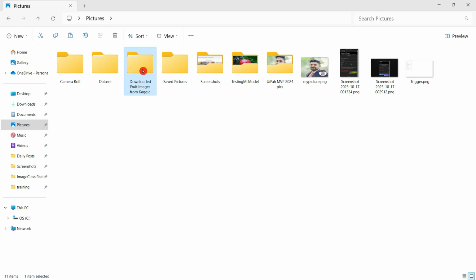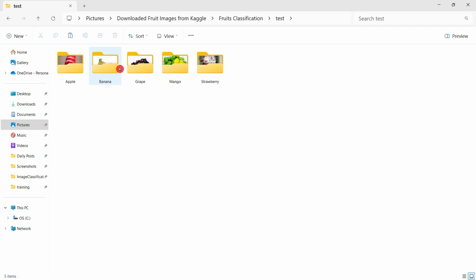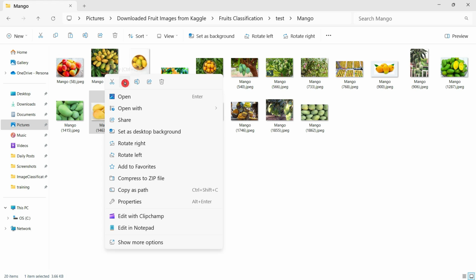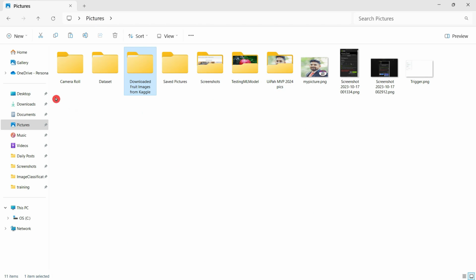Again, go back to that Kaggle site and I'll go to this test. These two folders we have already used. I'll go to the test, then pick one image of mango, maybe this. I'll copy this image and go to the folder